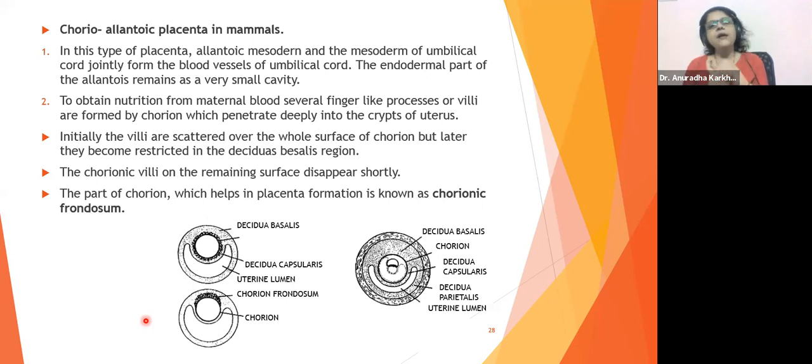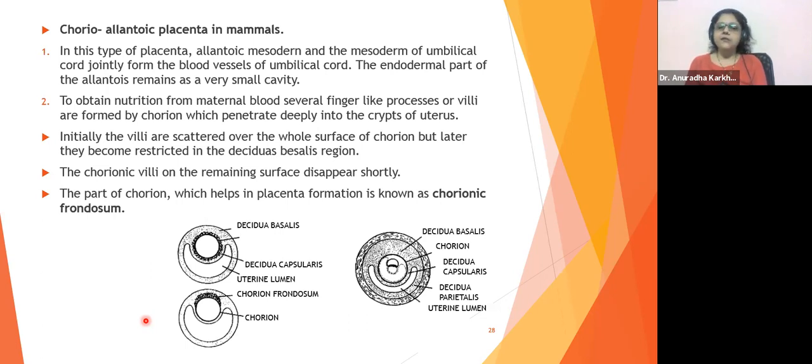So oviparity, viviparity, and ovoviviparity are three different types. But basically, in ovoviviparity the fertilization is internal and the egg laid will already contain the fetal development. It has already started in it. The egg will not be fertilized after being laid. It will lay a fertilized egg. Well, we are just bothered about the chorioallantoic placenta in mammals because we're talking about human reproduction, right?